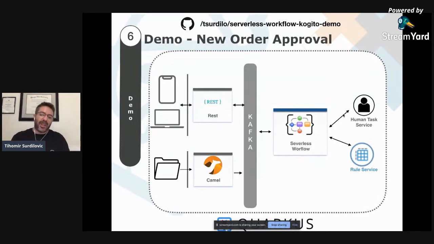In this case, we're going to use Kafka as our messaging platform, but you can really use whatever you have available on your container. Kogito is going to use these events to start serverless workflow or workflow orchestration instances. And as you will see in the demo, we are going to orchestrate different services. In our case, we will orchestrate rule services or a human task service in order to see if this new order can be approved or not.